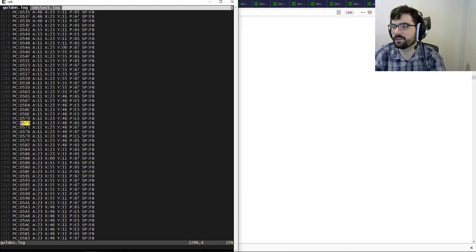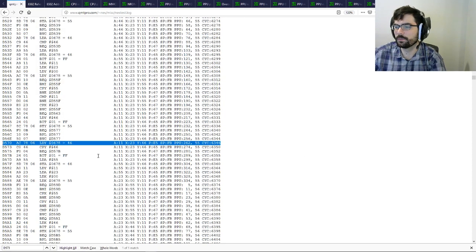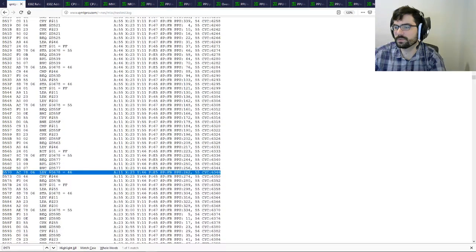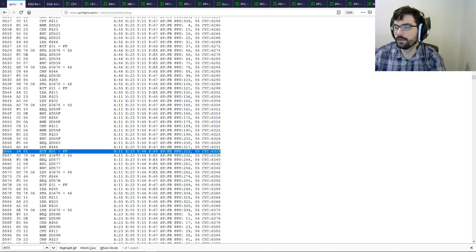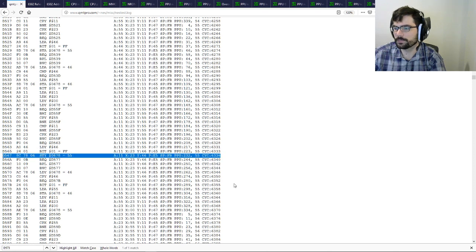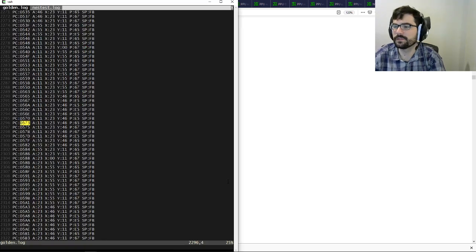Okay, so it is whatever's happening at D570, which is this load Y. But it could easily be that the memory that it's supposed to be loading from was stored wrong, which is this store Y at D567. But they did match up to that point.